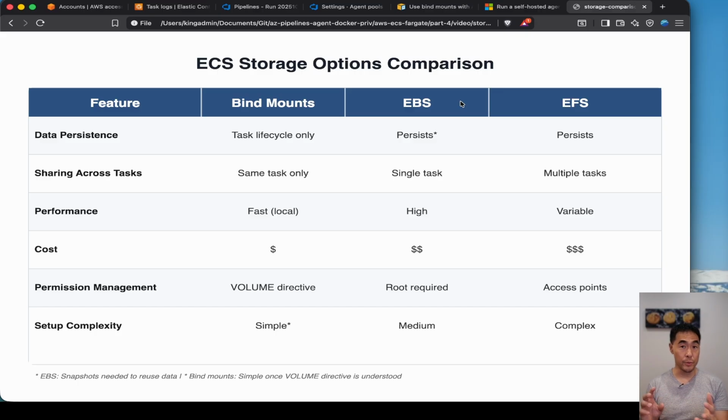With regard to setup complexity, bind mounts is the simplest. As we've seen in the task definition, you only need that volume definition, give it a name, and then in the container definitions, define your source path and your container path. That automatically gives you a bind mount. With EBS, it's medium complexity,